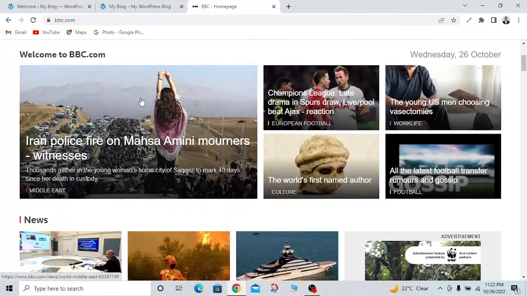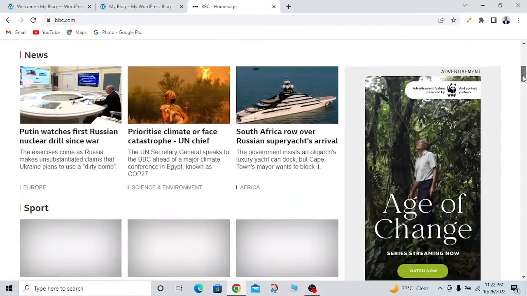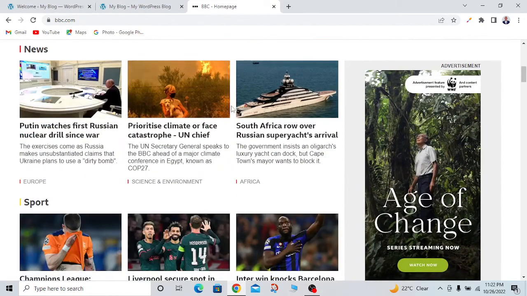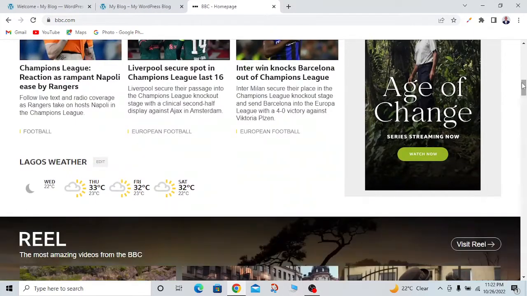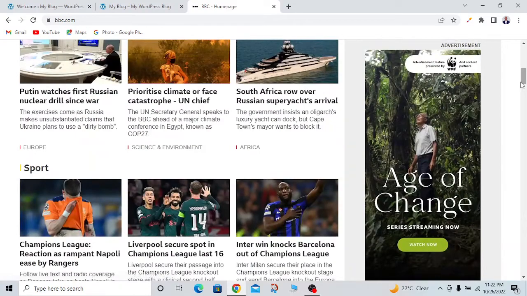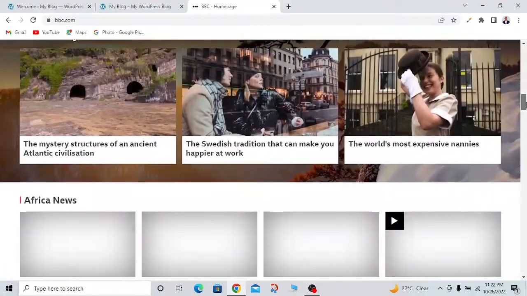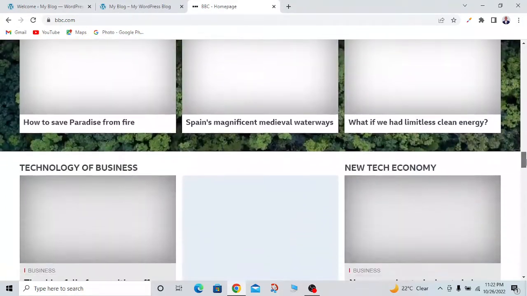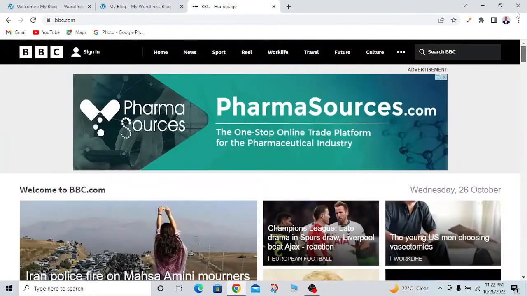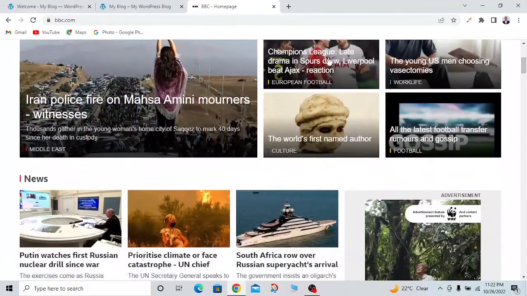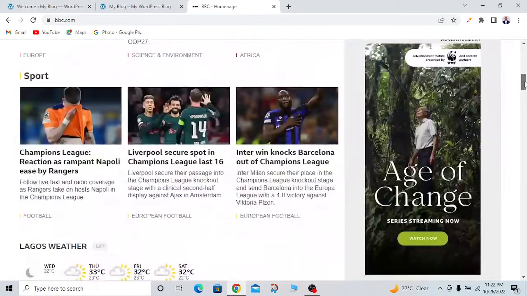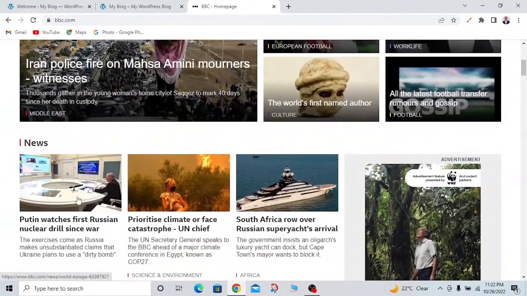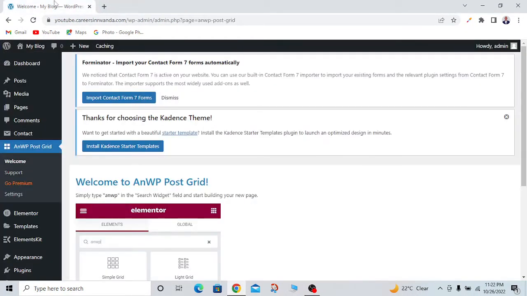This is the hero section, news section, sports section. This is the advert, which is on sidebar. So basically I would like to have a section like this and another section which looks like this. Now to do that, we have to come back on our dashboard,